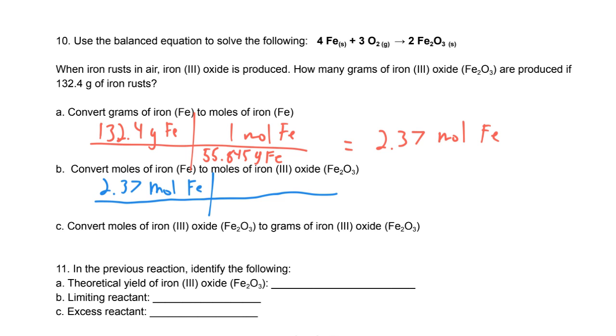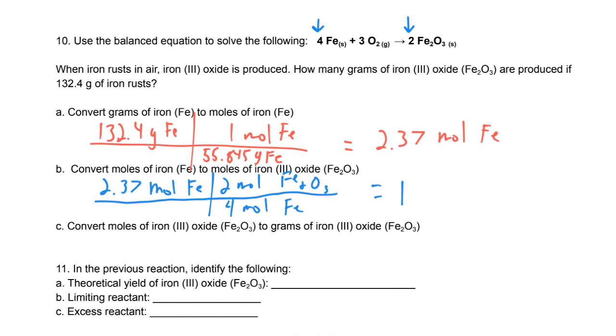And now I've got to look at the reaction. For every 4 moles of iron, I produce 2 moles of iron 3 oxide. So let's put that in. 4 moles of iron produce 2 moles of iron 3 oxide. All right, now I evaluate this by just multiplying by 2, dividing by 4,